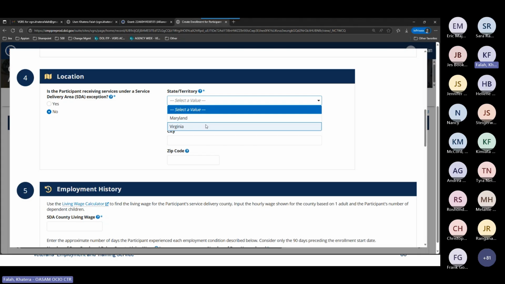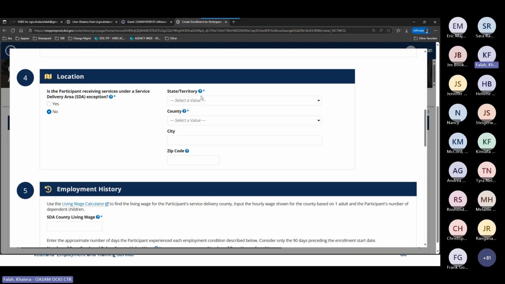So for example, say your grant only showed Virginia and you have Virginia and Maryland, like this example does, you do need to make sure you inform your coder and that gets adjusted as necessary, because otherwise you won't be able to input the appropriate location where services were